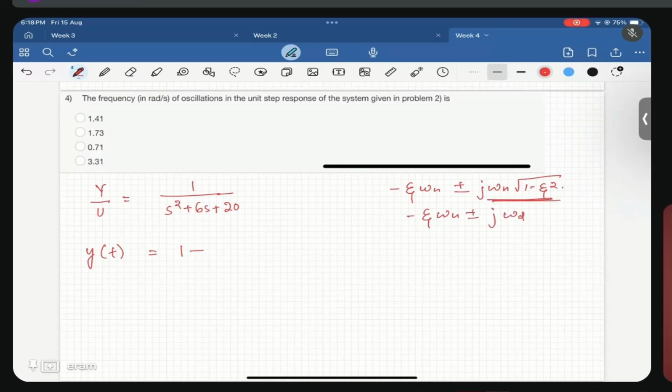Omega n under root 1 minus zeta square we write as omega d, because with the effect of damping, the natural frequency becomes the damped frequency. So it is given as omega d, and the solution is given as